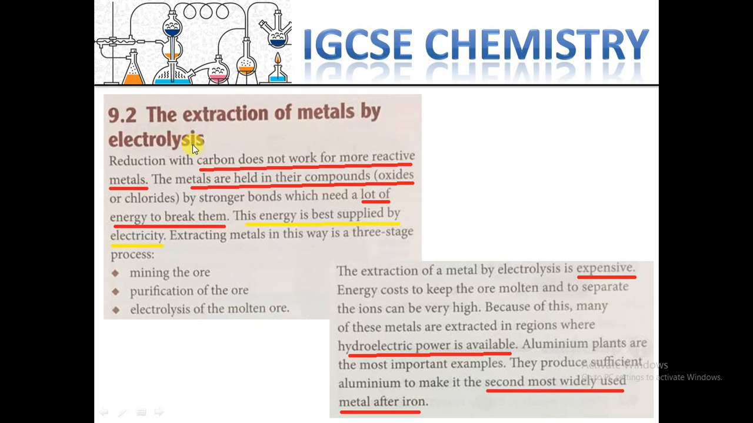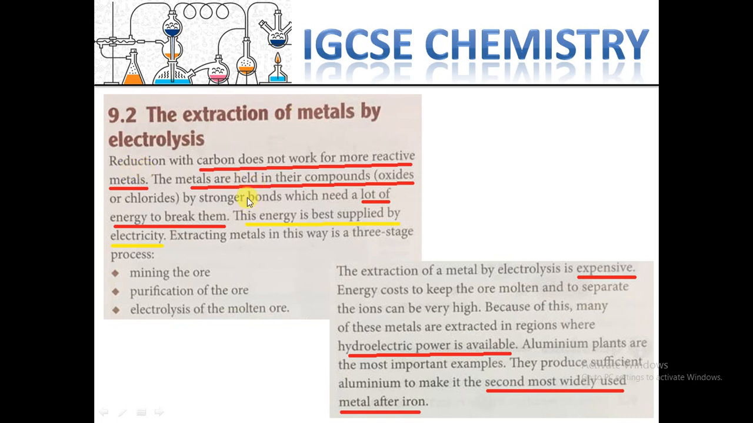In the previous part, we learned that there are many methods to extract the metals. So here we are going to focus on the method called electrolysis. We learned about the electrolysis in the previous chapters. So in this method here for extracting metals,